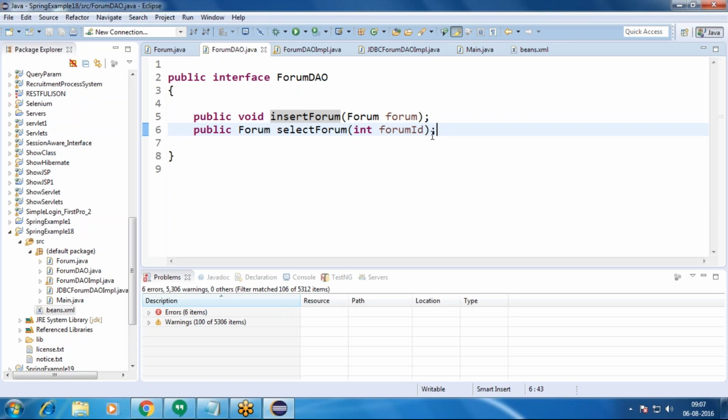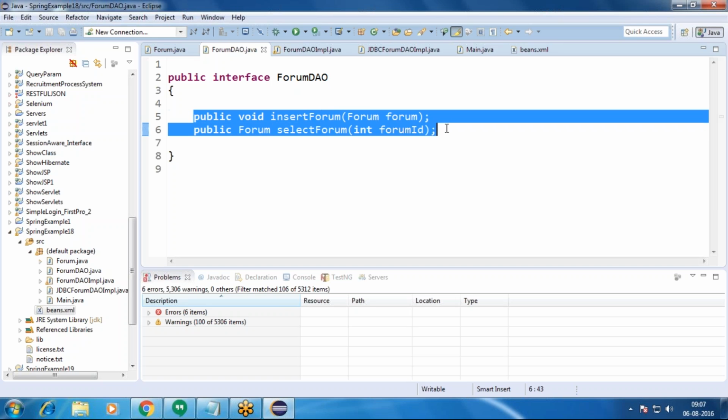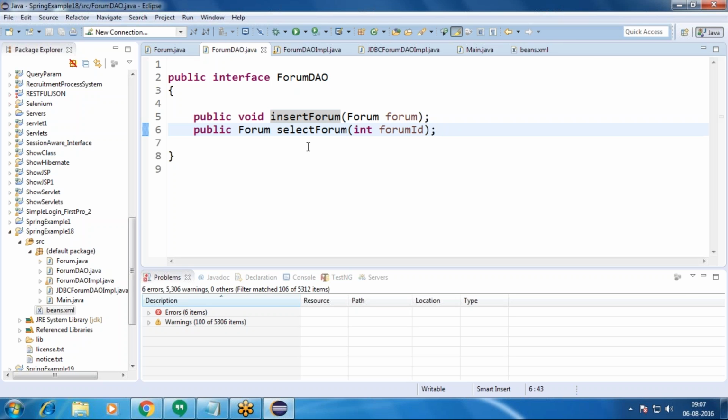So we need some database connection related implementation here. That is why we created two different methods, insertForum and selectForum.